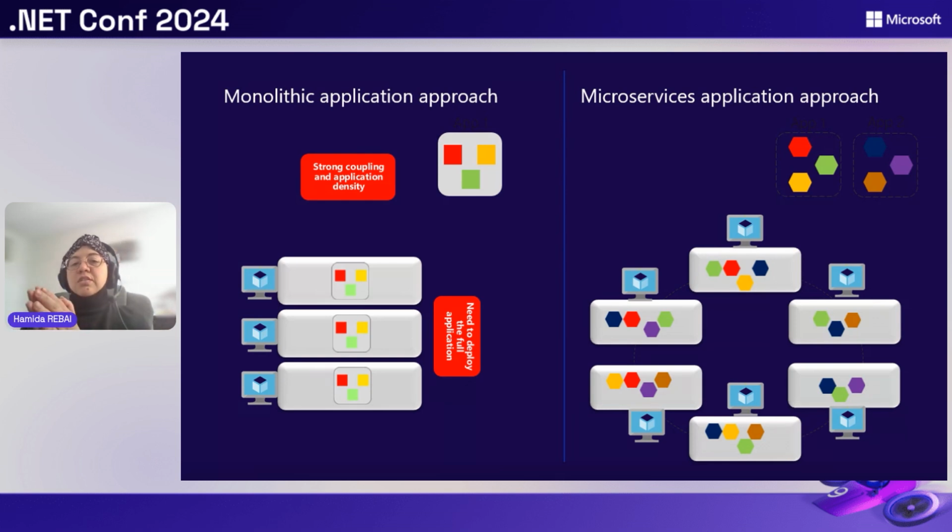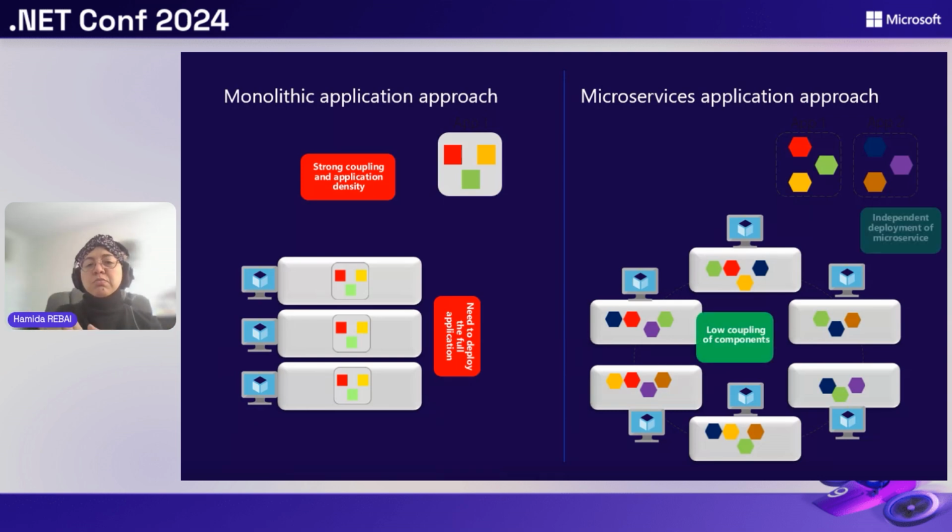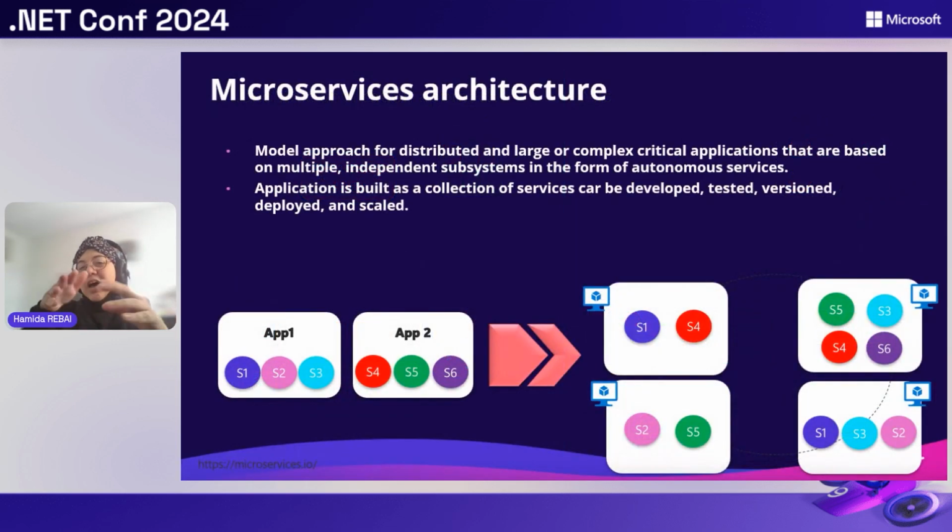But for microservices, it's another approach. It's really different. Because a microservice application segregates functionality into separate, smaller services, which means that the scale out will be done by deploying each service independently with multiple instances across servers or virtual machines. So this is the difference between the monolithic approach and the microservices approach. Let's move on to talk more about the architectures.